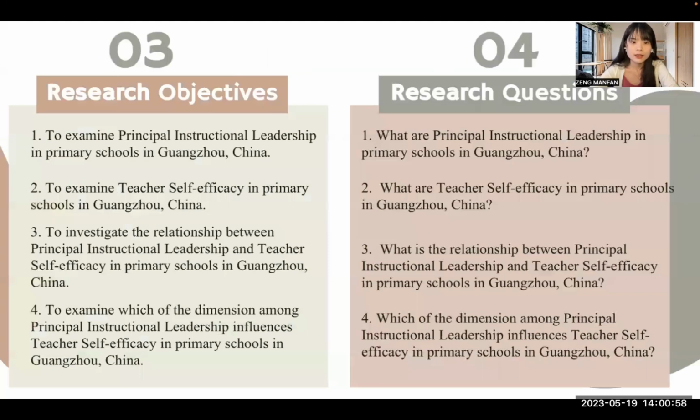The next part is research objectives and questions. First, to examine principal instructional leadership in primary schools in Guangzhou, China. Second, to examine teacher self-efficacy in primary schools in Guangzhou, China. Third, to investigate the relationship between principal instructional leadership and teacher self-efficacy in primary schools in Guangzhou, China. Fourth, to examine which of the dimensions among principal instructional leadership influences teacher self-efficacy in primary schools in Guangzhou, China,